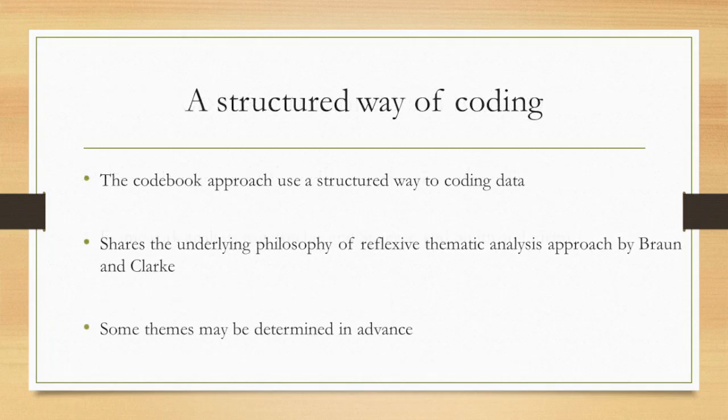So Codebook thematic analysis, or this style or this approach, does not use coding reliability measures. What do I mean by coding reliability measures? They are another style or approach of thematic analysis that Braun and Clarke discussed. And you could see a video that I've already prepared and published on the different types of thematic analysis to understand the differences between coding reliability, the Codebook, which is this one that I'm discussing, and reflexive thematic analysis technique.